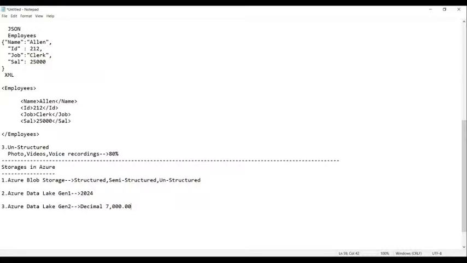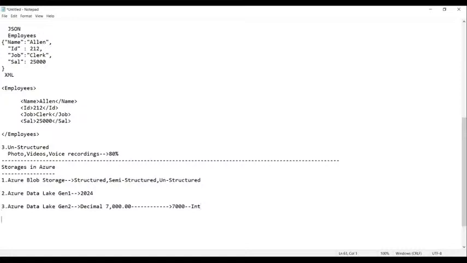But in the target, I have to change the data like this. That means only decimal is not accepted here. Only integer. This kind of data is called decimal data, and this kind of data is called integer data. Am I right or not? So whenever this kind of change is needed in the target, such data is mostly recorded into the Azure Data Lake Gen 2.